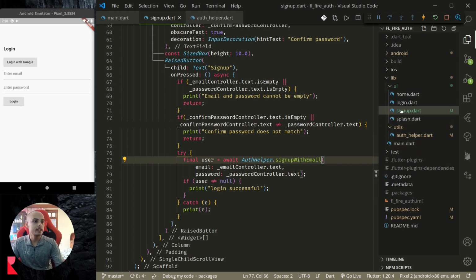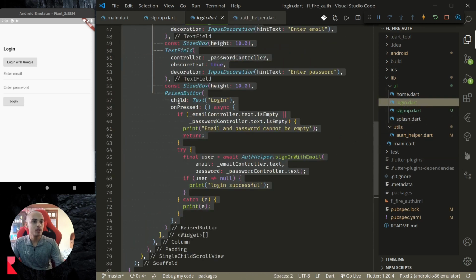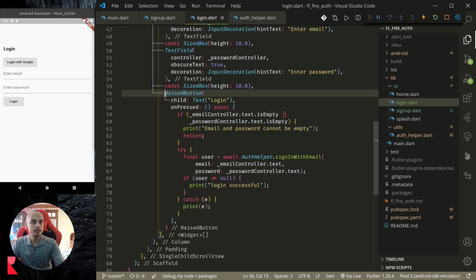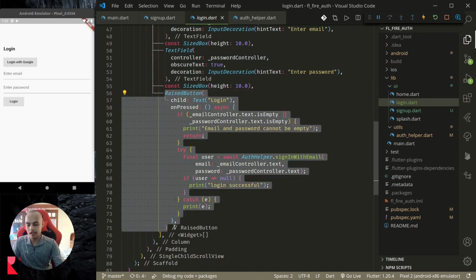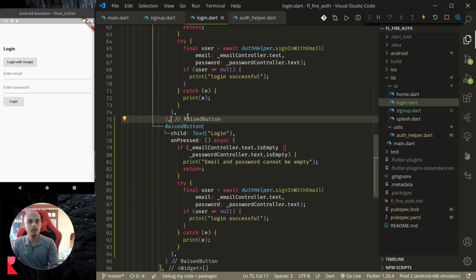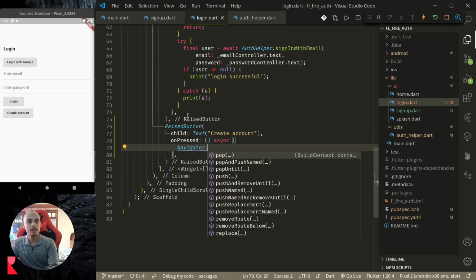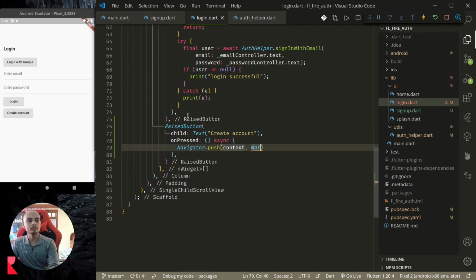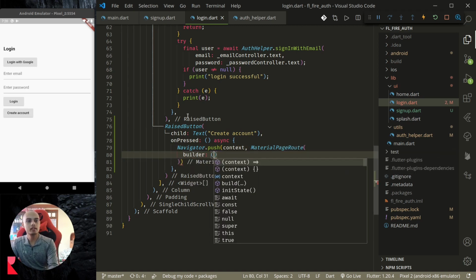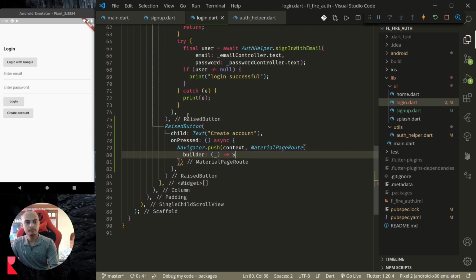And finally, in our login.dart file, we can add a raised button that will link us to the sign up page. So simply duplicate the login button, and let's make this create account, and in onPressed we simply navigate. So in order to navigate, Navigator.push MaterialPageRoute builder, here SignUpPage,